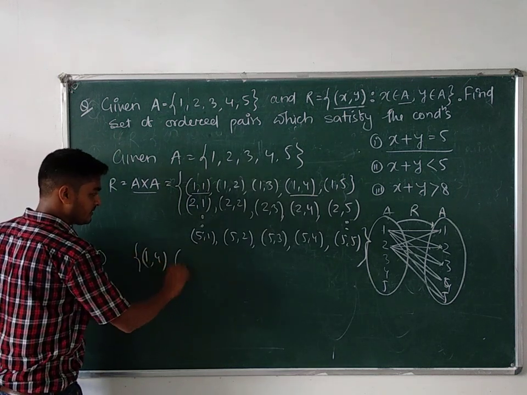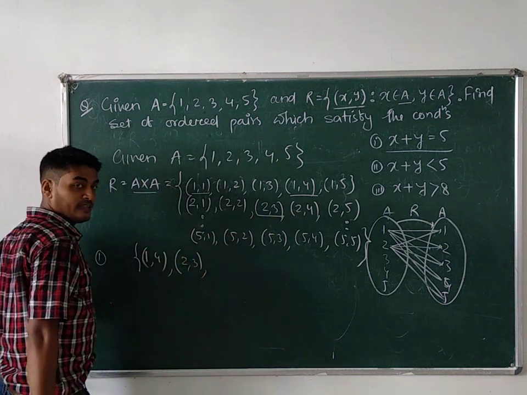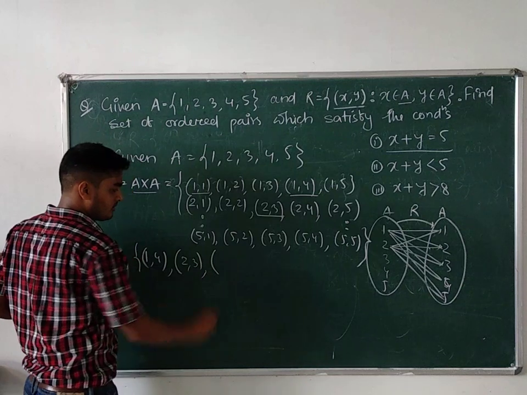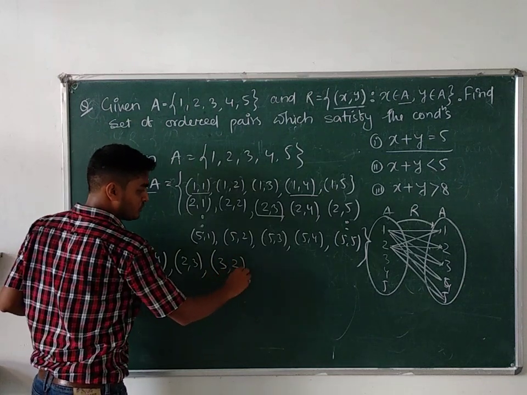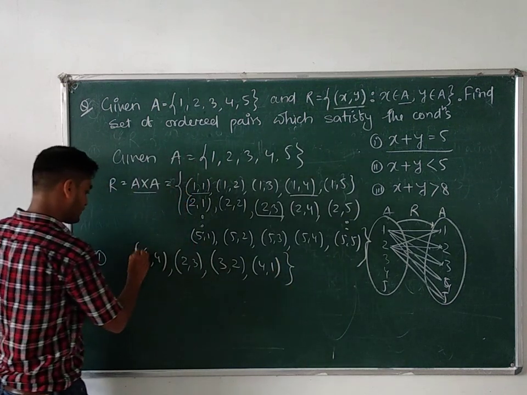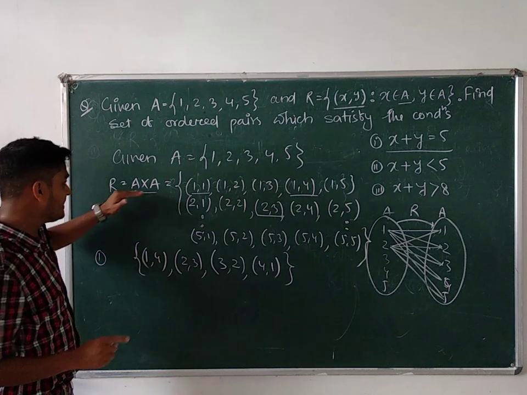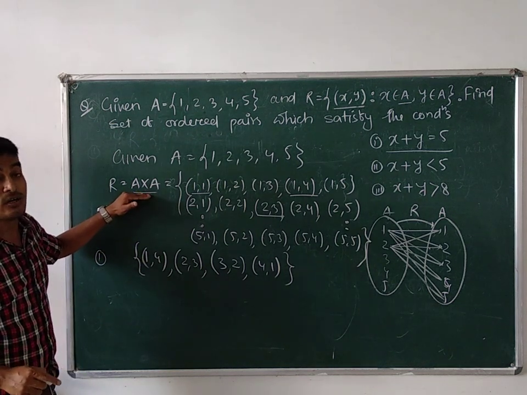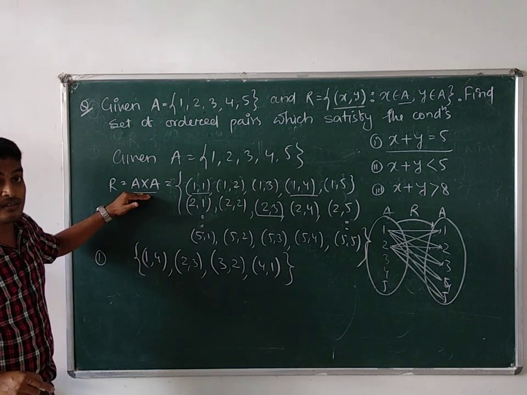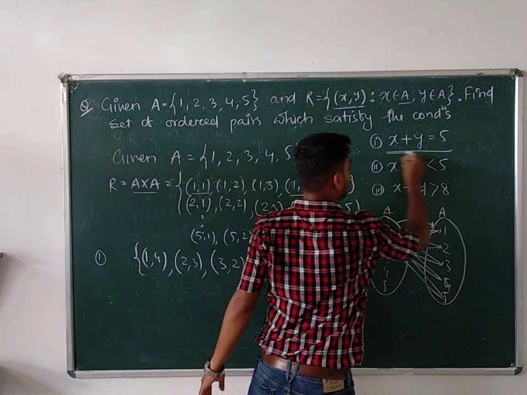This ordered pair, then (2, 3). Am I correct? 2 plus 3 is equal to 5. The next one, starting with 3 it will be (3, 2), starting with 4 it will be (4, 1). Is there any other ordered pair? No. Listen, initially this is the main set of all the ordered pairs, this is the collection of all the ordered pairs. But if a restriction is given,